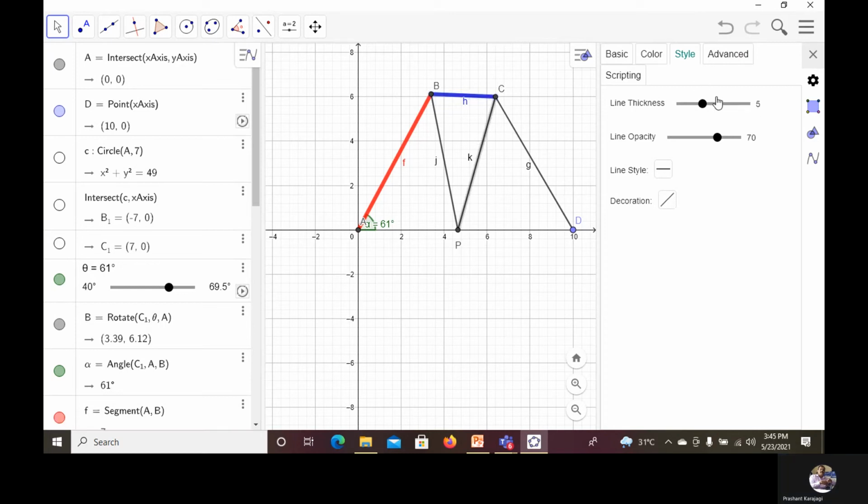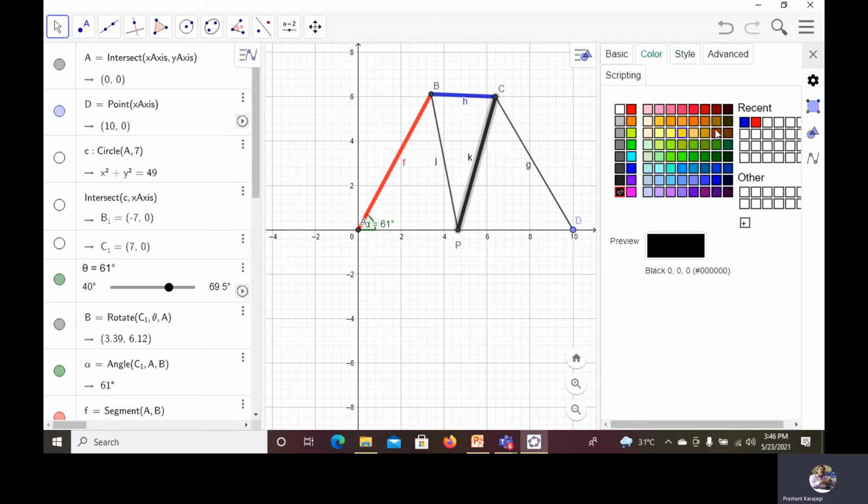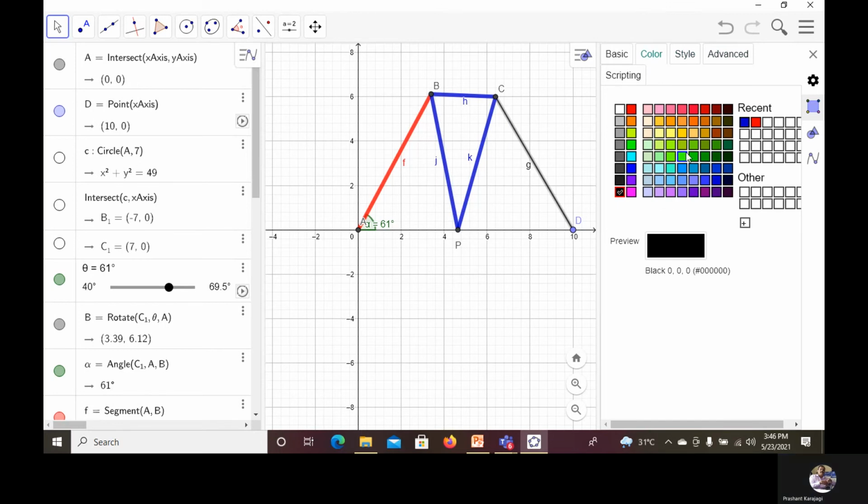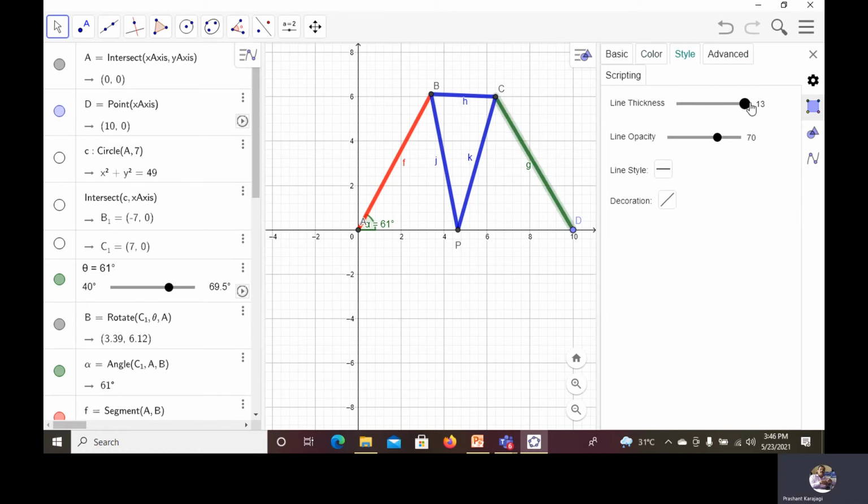Same for PC, thickness 13, color blue. Same for BP, blue, thickness 13, opacity 80. For link CD, I will go for green color, thickness 13, opacity 80.